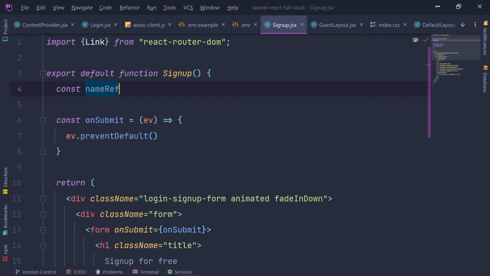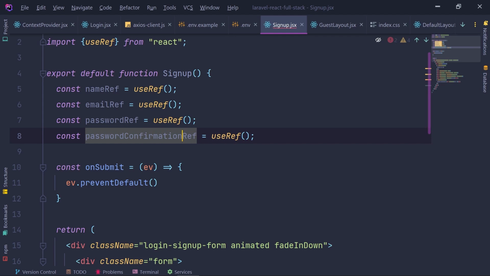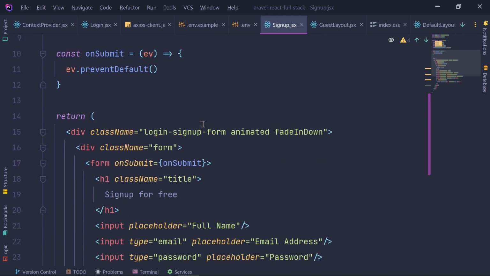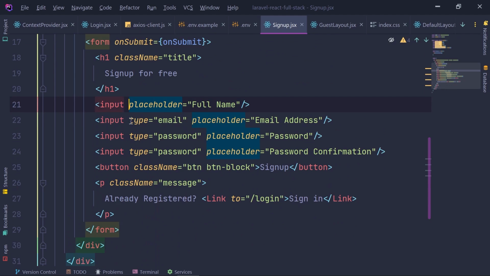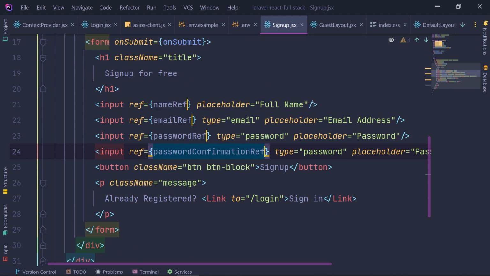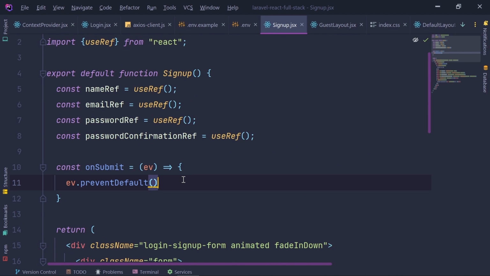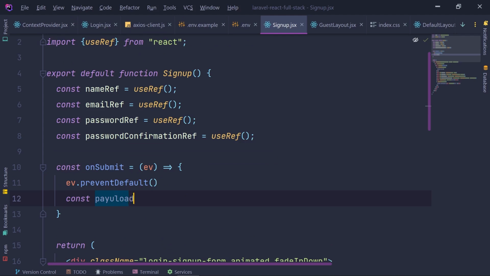So let's just create refs. Const name ref is use ref. And let's duplicate this 3 times. That's going to be email ref. That's going to be password ref. That's going to be password confirmation ref. Okay. And we have all of them. I'm going to copy all of them with the multi-cursor and just create ref equals this. Okay, now I have refs, and right here on submit, I can create a payload object,